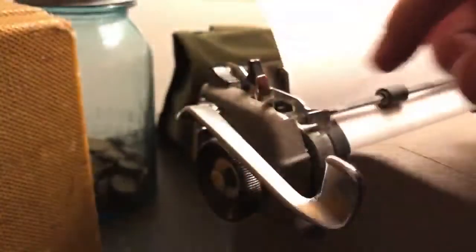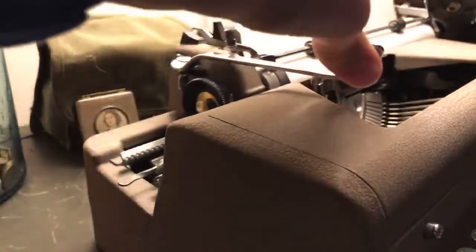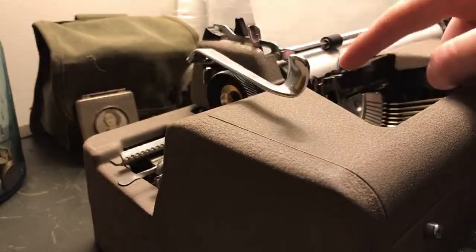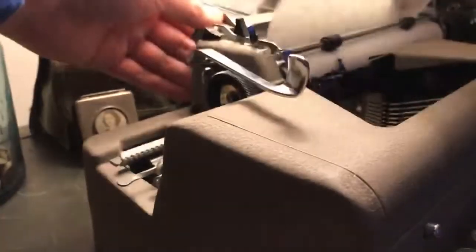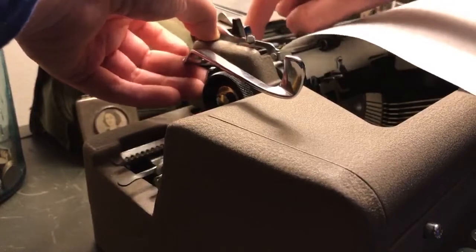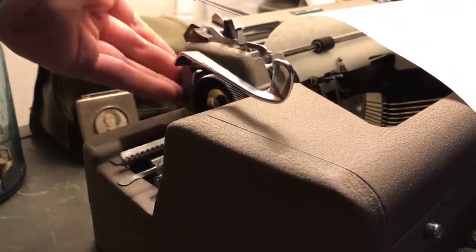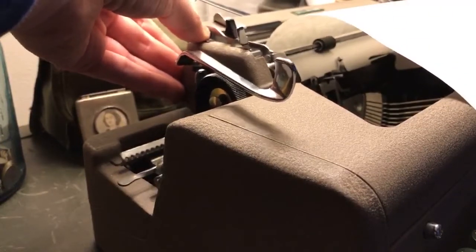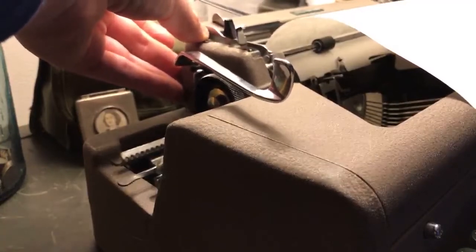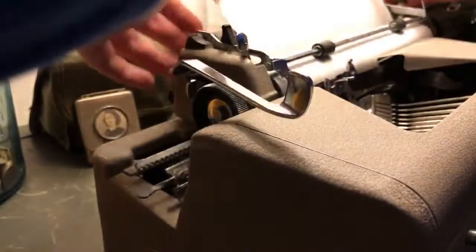Just go over here more. So when you first start a line, you just move this over all the way to the end. I mean, you probably don't want to start like right on this end. So I messed up the margin again. So I want to move it to, so I hit the magic margin button, and then I move the margin just a little bit over. So I hit the magic margin button on this side, and then I hit the release of the carriage on this side, and then I can move that where I want to. I guess I'll move it at 1 again, because that's a pretty good spot. But it should be at 1, and that's where it should start at. So if I pull it over, I mean, it shouldn't start there, but...